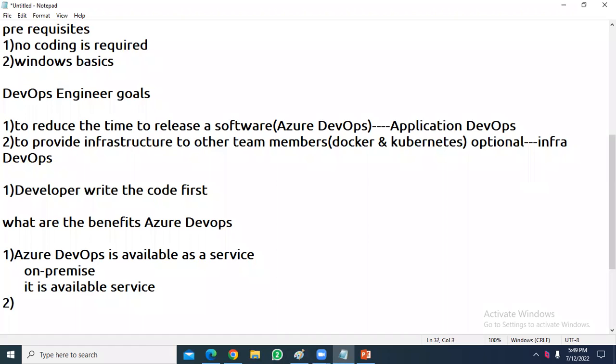And compared to other job positions like generic DevOps and many other tools, most of the jobs are now available for Azure DevOps engineers. Even with 3 years of experience, you can expect 10 to 12 lakhs of salary. Even in the USA, Australia, and Canada it is in very high demand. It is very valuable. And when it comes to pricing, Azure DevOps is given by Microsoft, and Microsoft is going to give huge discounts to its customers.